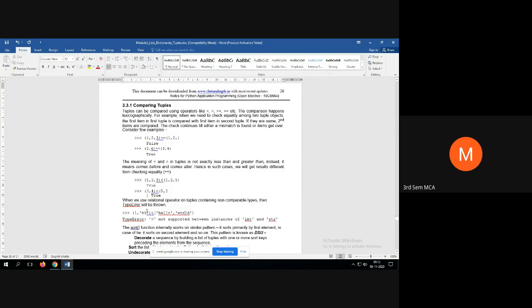In case you have 2 integers on the left and also 2 integers on the right, then you can compare. Or if on the left side you have both strings and on the right side also both are strings, then you can obviously compare. Otherwise it is not possible to compare. That results in a type error. Look at here, this is the type error.